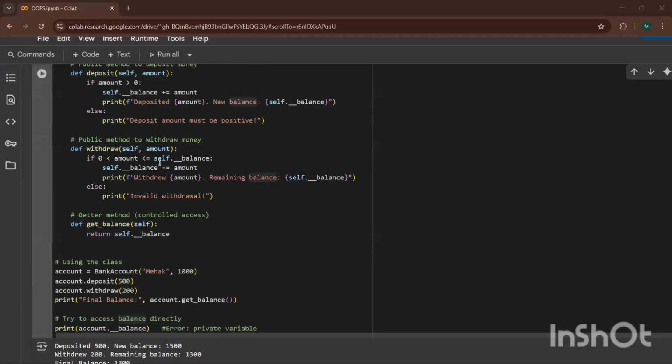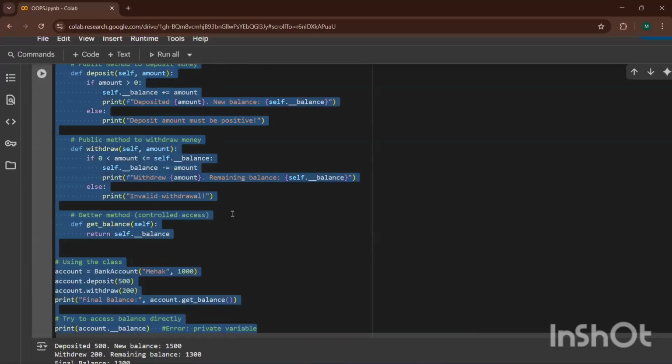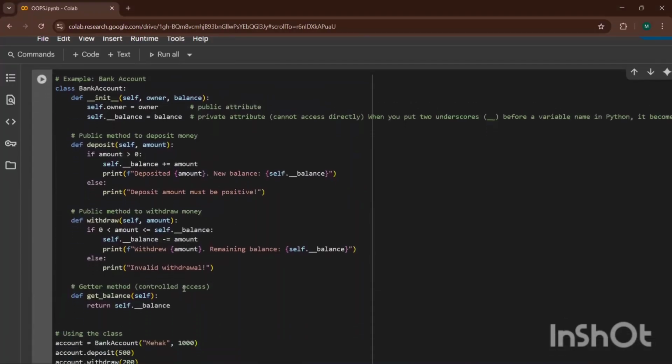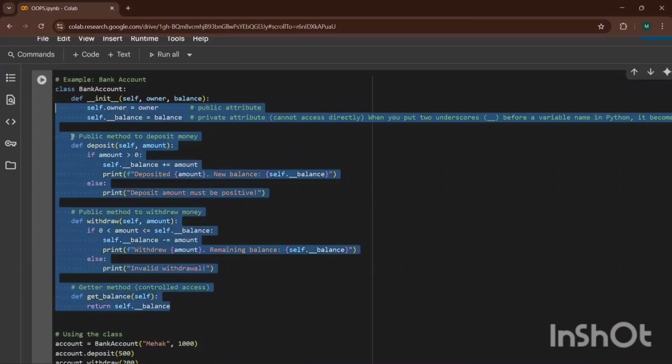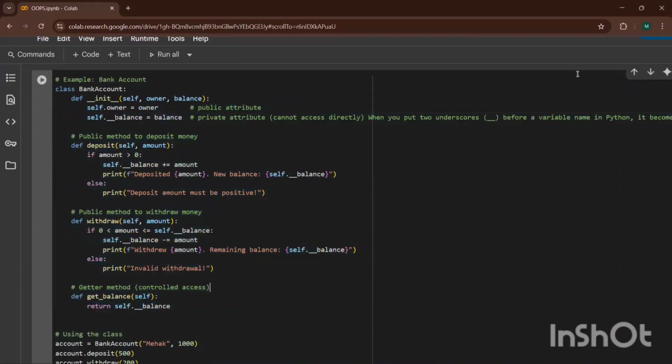So now what I'm doing is I'm giving you guys this code. Not in the chat box, I'm giving you this file only. Give me a moment.